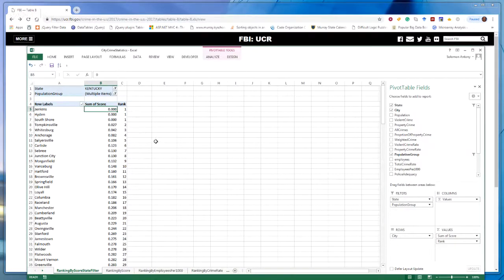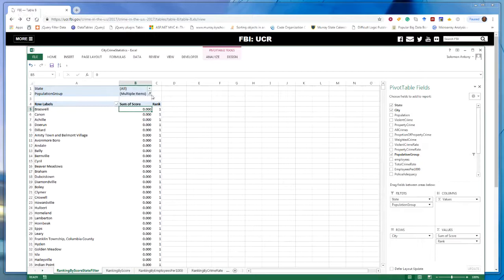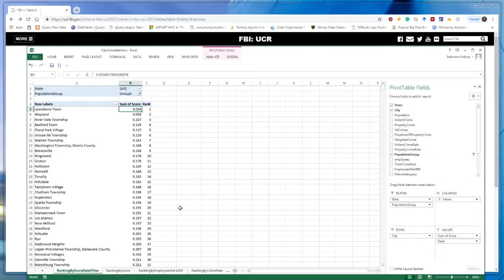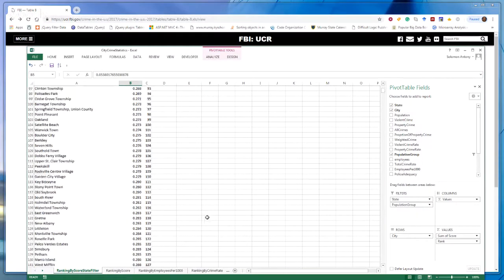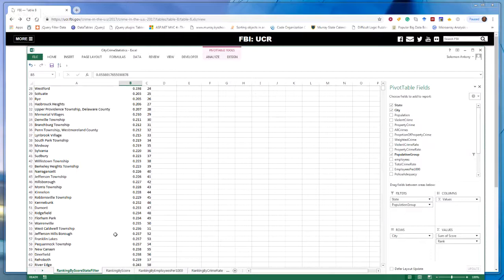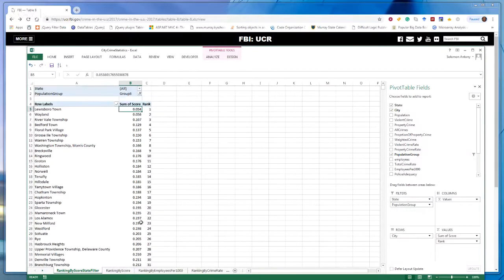And so this pivot table system allows us to pick any state, or I can pick all states, and also I can pick only one group, let's say group 5, and then look at all the cities that are in group 5, and all the ranks in that group. So pivot table is a pretty cool tool in Excel, and it lets you do quick analysis, sorting, filtering, and grouping, and so on.